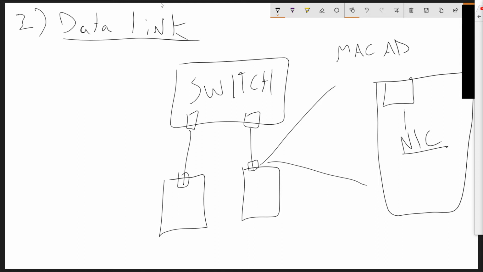And the MAC address is the physical address of the network interface card. Now that's important to know because here at the data link layer, we're only communicating on a LAN. We cannot communicate LAN to LAN on the data link layer. So if you are trying to communicate to another subnet, which is a whole other topic we'll talk about in just a bit,